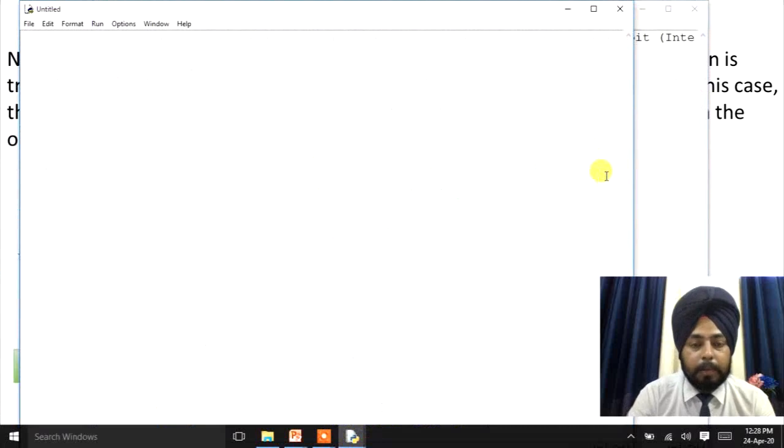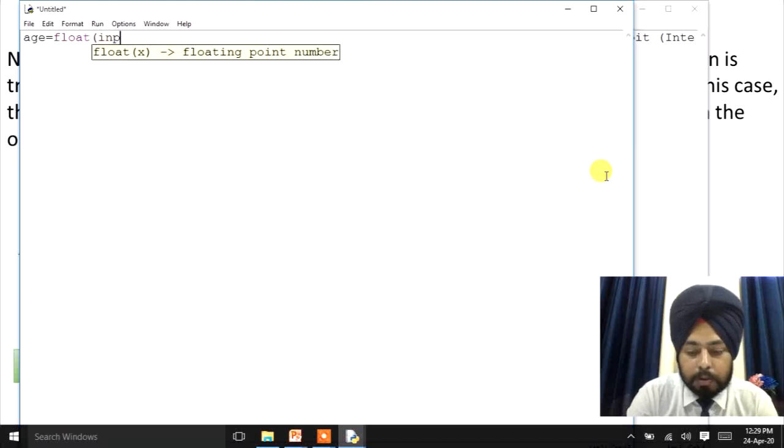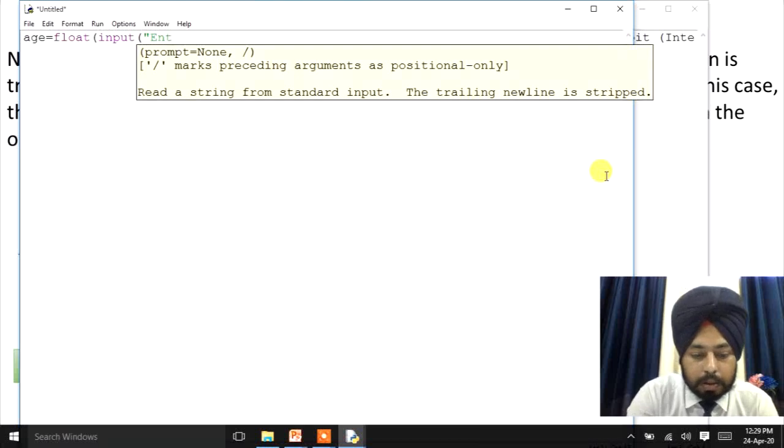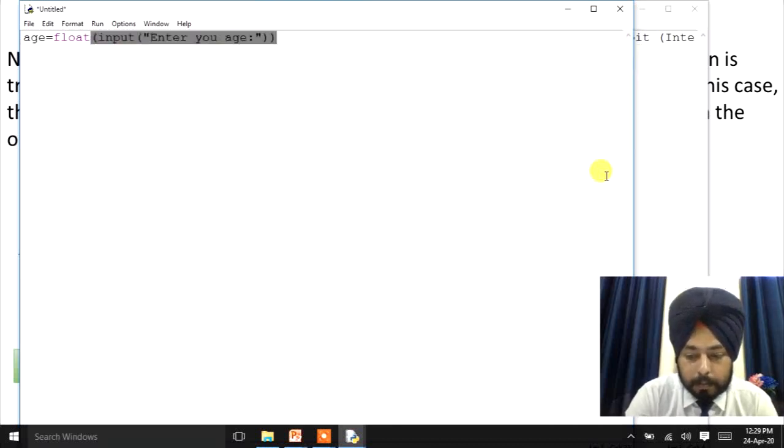Script mode. Here I'll write all the syntax of the program. Age equals to, again I'll use the float data type. Float, then input, then enter your age, right?